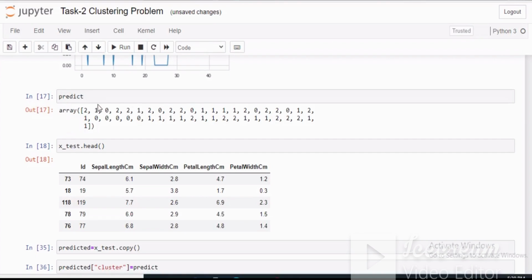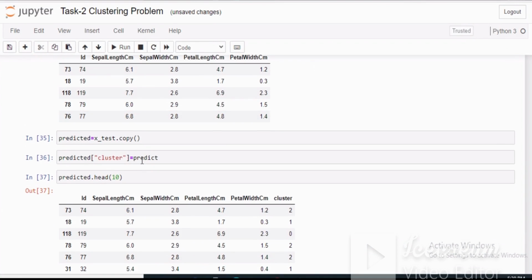Now the prediction values. We will store the predictions within the data set. So we use the x_test.copy command to make a copy of the data set in the predicted variable, and we add a column cluster which stores all the predictions.